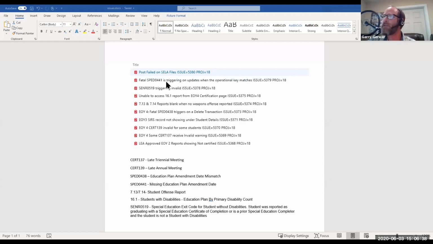So in some cases, these are legitimate errors, and in some cases, it's triggering even though there are matches. So that one is kind of a tough one to troubleshoot for your end and our end, because there's a lot of different points to check. But just want to let you know that's an error. And then the posting is failing on the Cella files. So these, again, most of these are all high level and they're all being worked on, and hopefully we'll get those fixed soon. So I'm going to stop sharing,